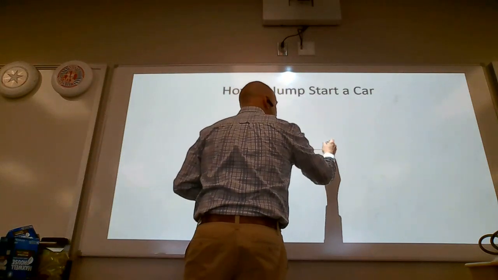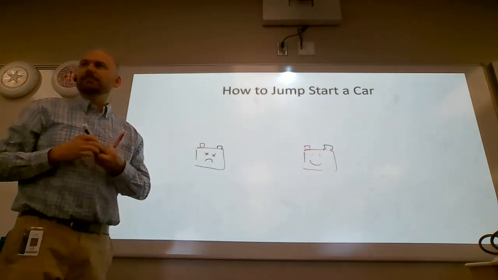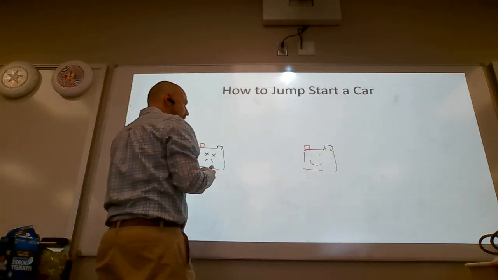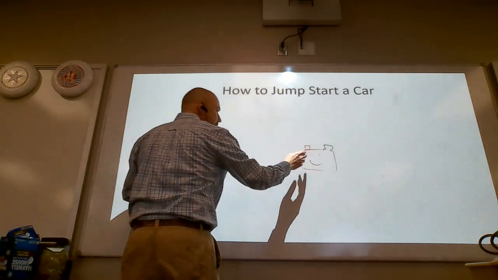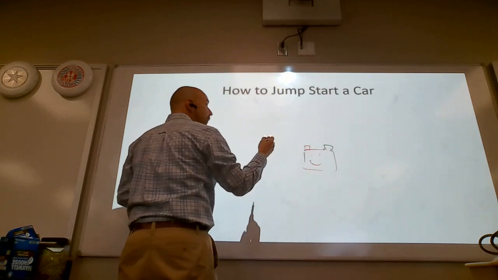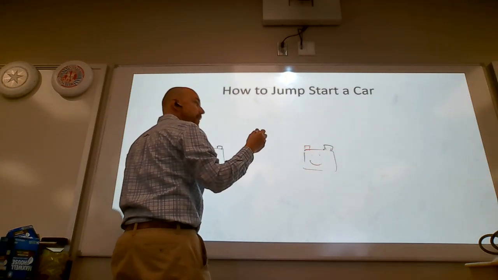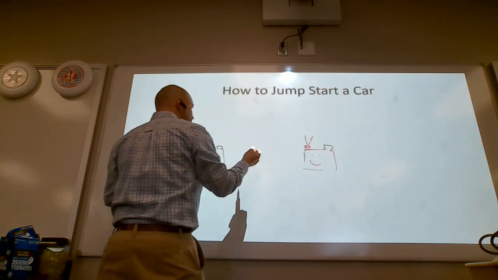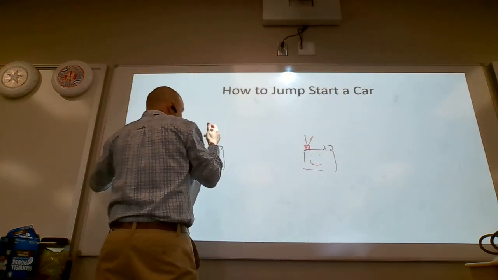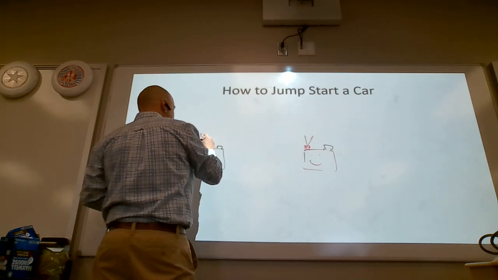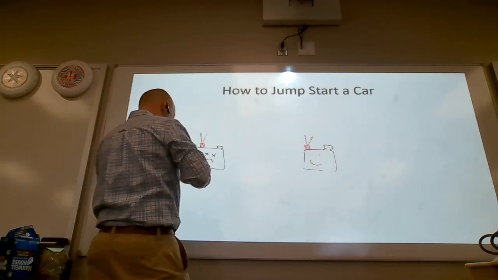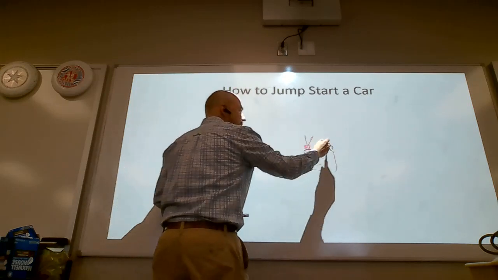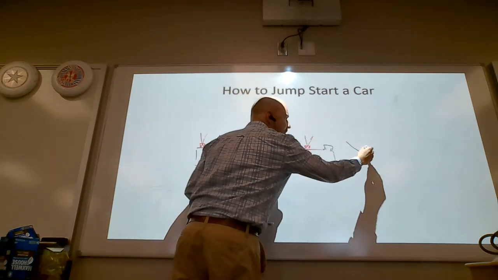If you're just a little bit dead, you can just hook red on red, black on black. But here's your running car. What you want to do is connect to this guy to the positive. This is the safest way to do it. And then red over here, and then black on here, and then finally black on a frame of the